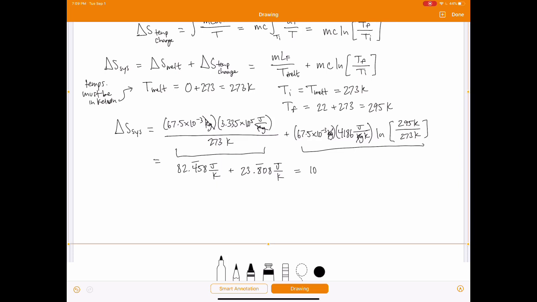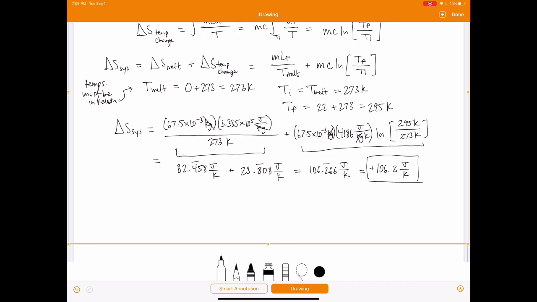In other words, we'll have 106.266 before rounding, but we'll round off to that first decimal place, which gives us 106.3 joules per Kelvin, something positive, by the way. Okay, so that's the entropy change of the ice cube as it melts and then reaches the same temperature as